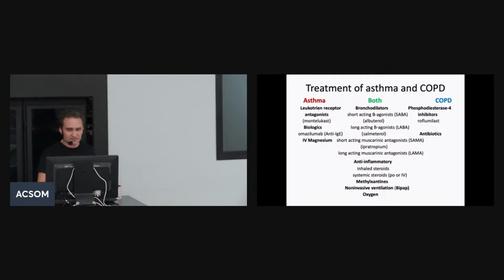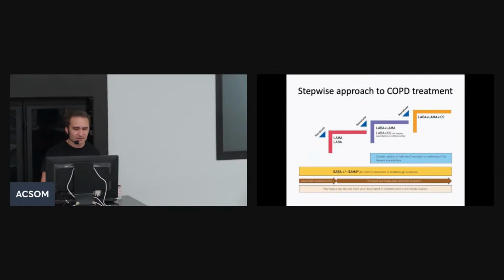So that's the treatment. This is just like the classes, the groups of medications, okay? And then you go stepwise. So both COPD and asthma, you go stepwise treatment. So in COPD, you start, again, this is just symptomatic treatment. If somebody is diagnosed with COPD but has no symptoms and doesn't need medications, you may just leave without treatment, okay? So at the beginning, you can use short-acting beta agonists and short-acting muscarinic antagonists,